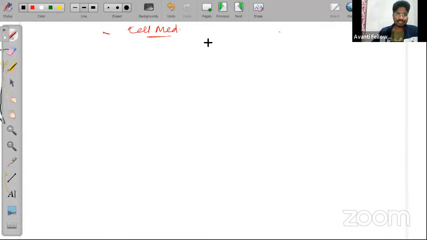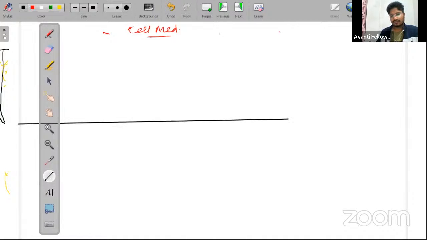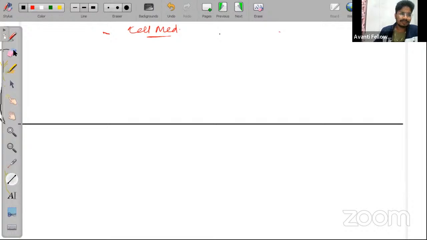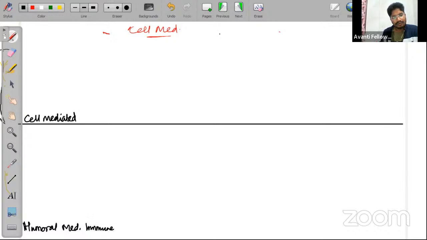ओके, आई एम डिवाइडिंग इट इनटू 2 सेक्शन, इधर से डिवाइड करता हूँ। ओके, नाउ यू कैन सी दिस वन, राइट। ऊपर का जो है अपना, ये सेल मेडिएटेड इम्यून रेस्पॉन्स है, हाउ द इम्यूनिटी विल बी वर्किंग, मैकेनिज्म ऑफ इम्यून रेस्पॉन्स। एंड नीचे का जो होगा उसको हम लोग बोलेंगे ह्यूमरल मेडिएटेड इम्यून रेस्पॉन्स। ओके, डोंट गेट पैनिक, मैं आराम से बताता हूँ, कोई इशू नहीं है। ये थोड़ा सा इंपॉर्टेंट वाला पार्ट है,